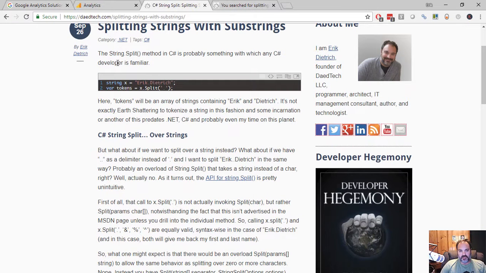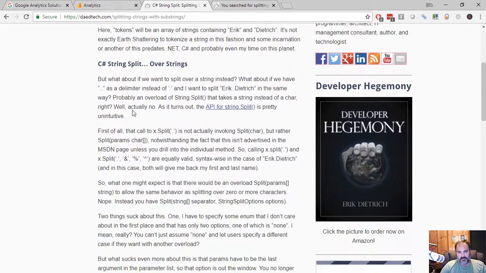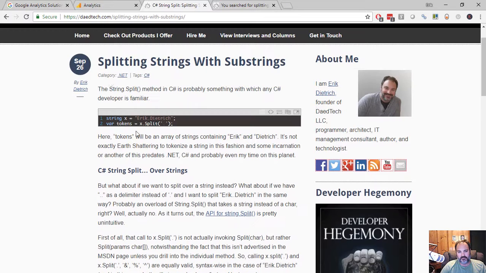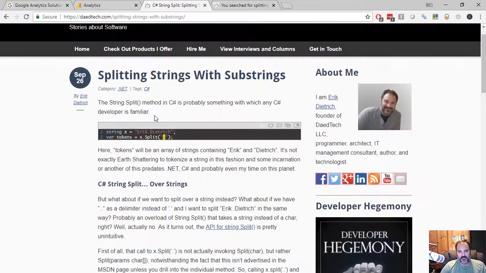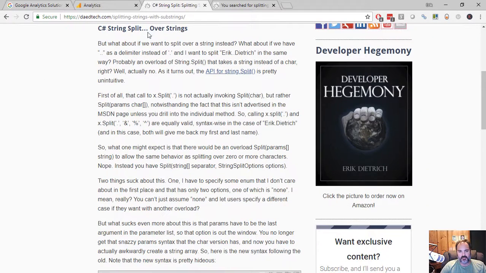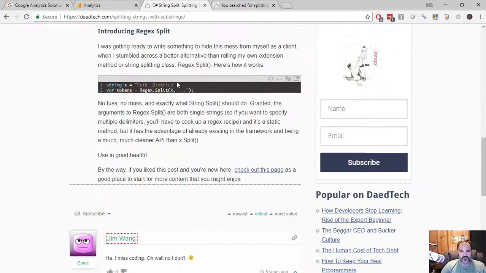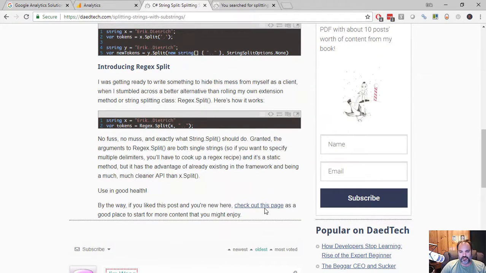And if we look at this post, I lead in with a little bit of code. I get to the point. And then I'm talking about in the backstory, here is how you split a string by a character. And my thing here is that I want to split a string with a string. So most of you watching are developers. You can probably appreciate what this means. So I'm stating the problem here. I've got some code examples. This is a pretty short